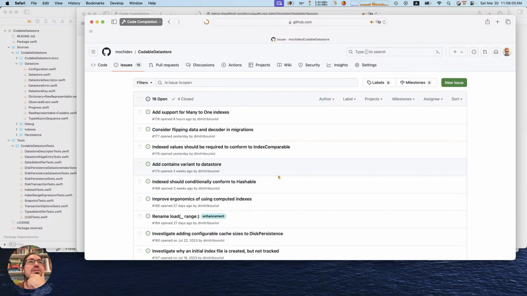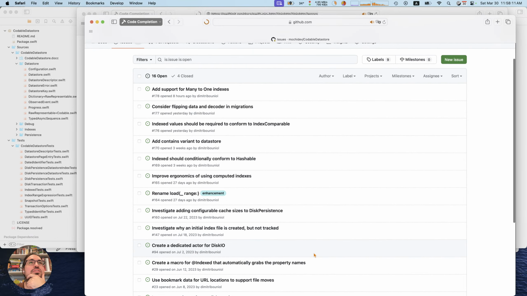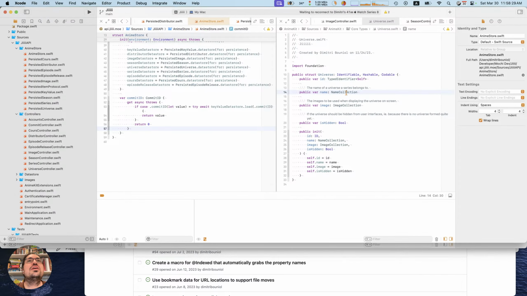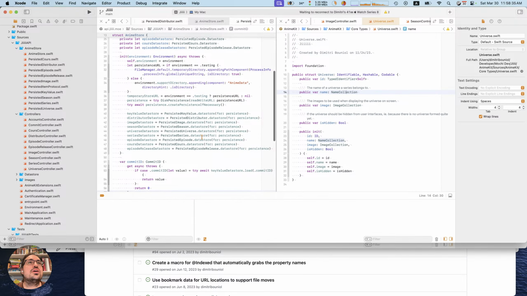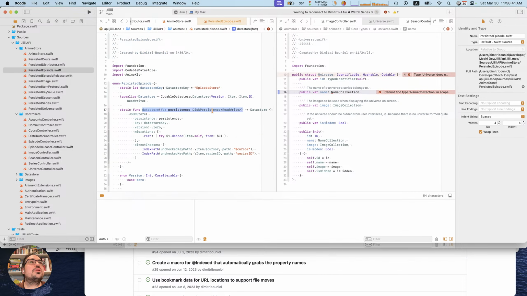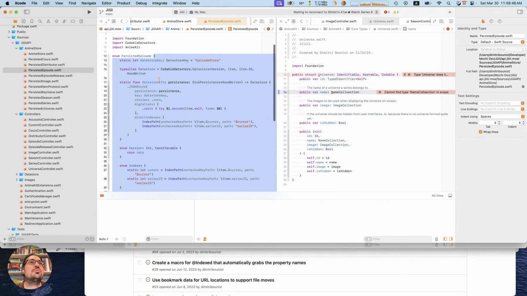Figure out what to work on. Lots of things I'm not happy with, mostly having to do with indices. So in the app I'm writing, I'm setting up these persistent stores, and I have a method that keeps it all in one place. For instance, for episodes, it's all managed by this persisted episode type.